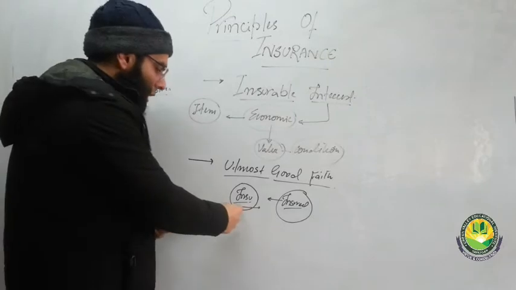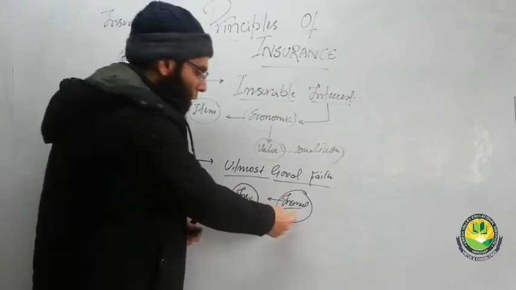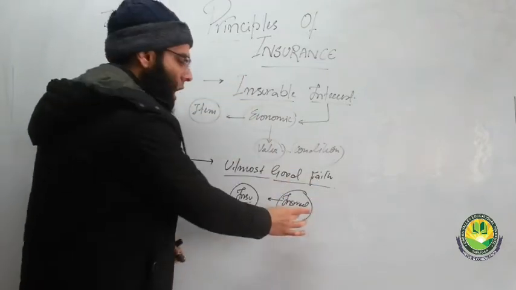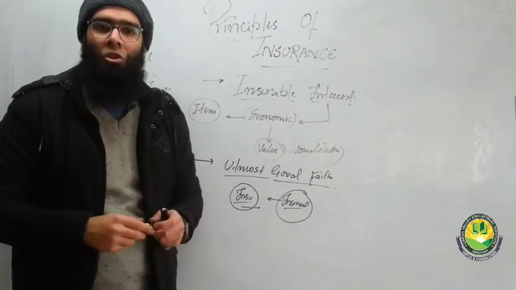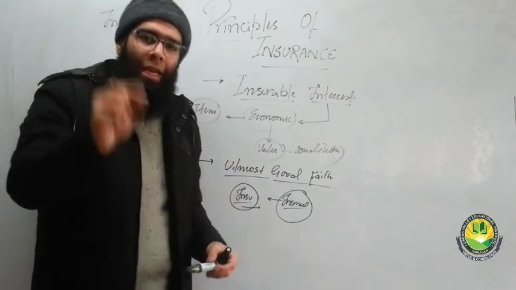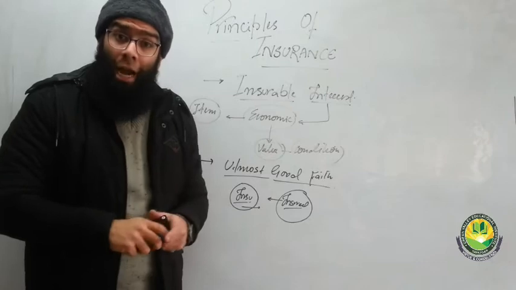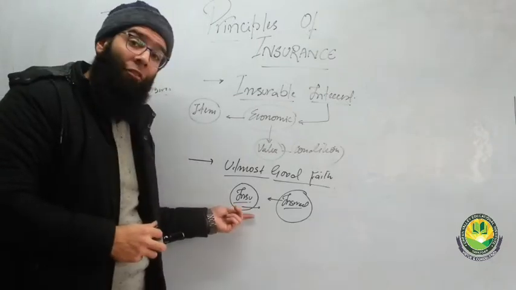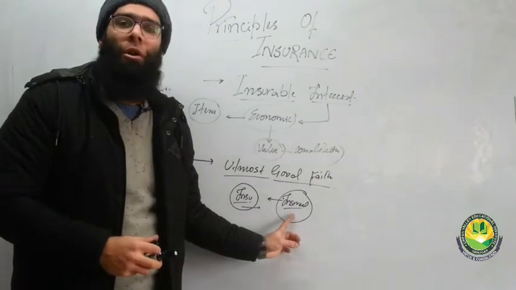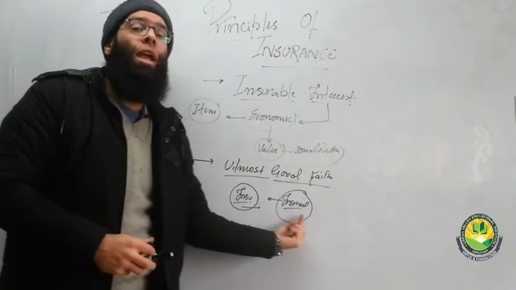And supposedly, if the insurer is providing the policy to the insured, he will make sure all the terms and conditions are understood and agreed by the insured. He will not hide any kind of detail, any kind of clause in that policy which the insurer might feel will benefit him in the future because of the negligence of the insured. So they are showing good faith to each other.